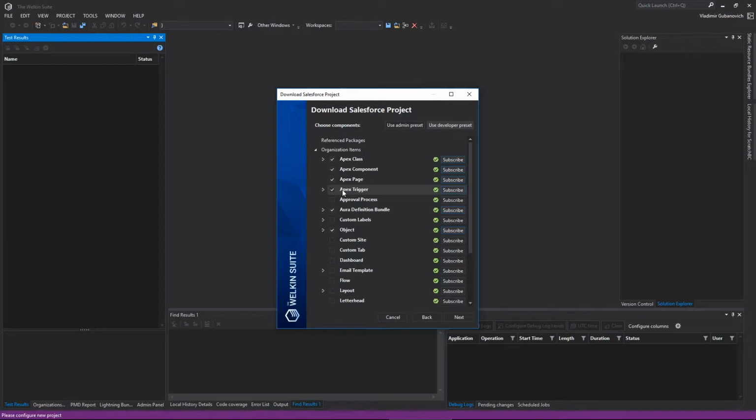So I am kind of an experienced user. I have used Welkin for a while, so nothing changes here for me. I do the same stuff that I was doing beforehand, before working with Blue Canvas, before doing any stuff for DX. So I will select the most common stuff like objects, everything that's related to declarative development, lightning,